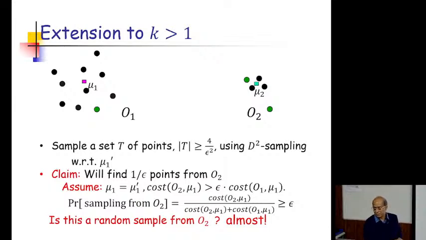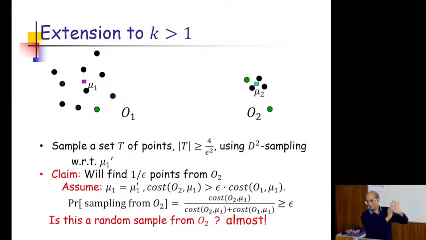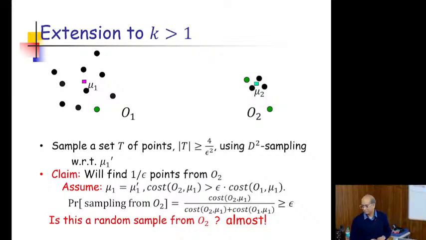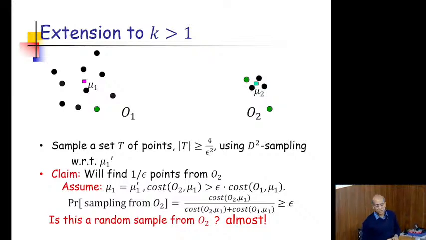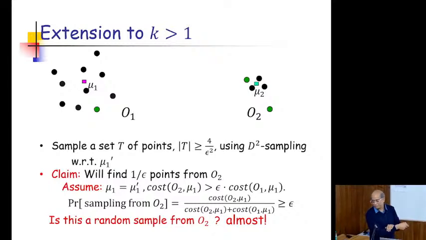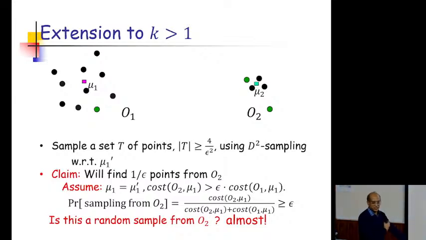So this first step of d-square sampling, it's done with respect to mu1? Right. I'm assuming that you got mu1 exactly, or mu1 prime, which is very close to mu1. And then how do you sample the next set of 1 by epsilon points? Everybody measures their distance to mu1. Let's say the distances are d1, d2, d3, and so on. So you look at d1 square divided by the sum of everything. But when you are sampling the third point, will you include both, to look at the closure of the two? Okay. So far so good.